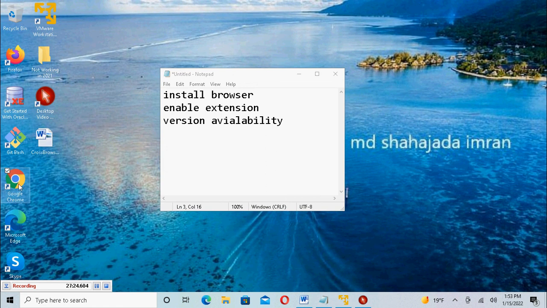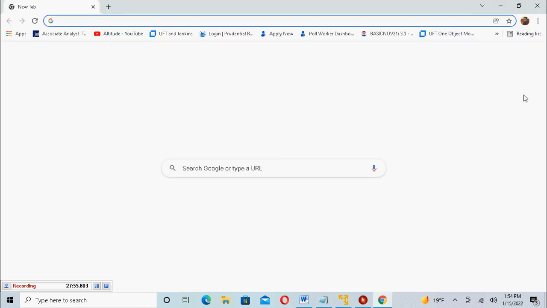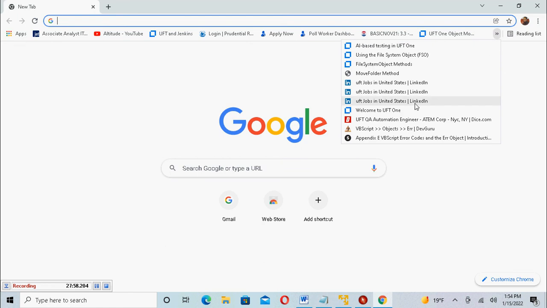I'm launching the Google Chrome browser to show where we can check the product availability matrix document, PAM, or support. It's called the support matrix document. It used to be called the product availability matrix document, PAM, but now it is called the support document. So I clicked on the Google Chrome browser. It's launching. Now I will be going to a particular